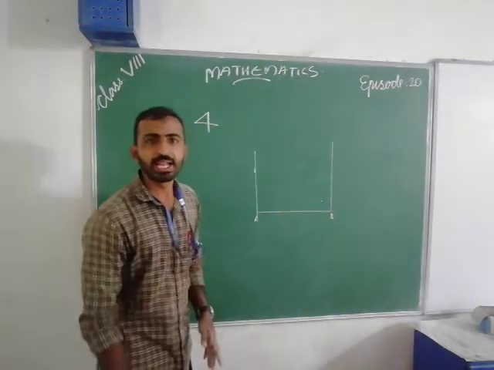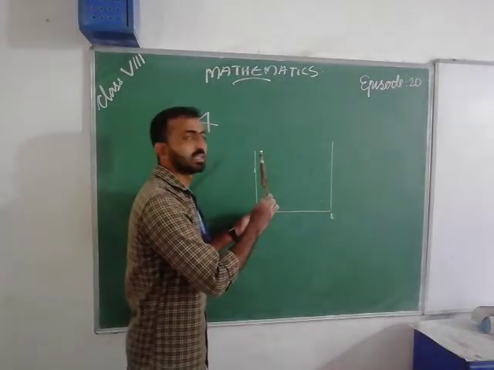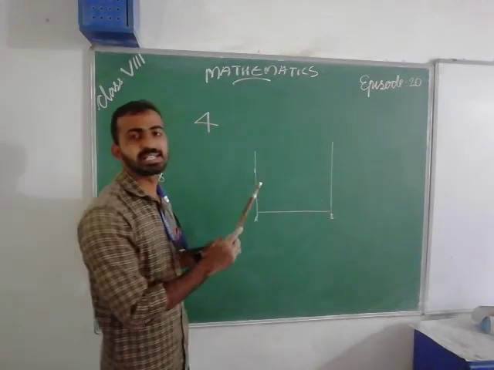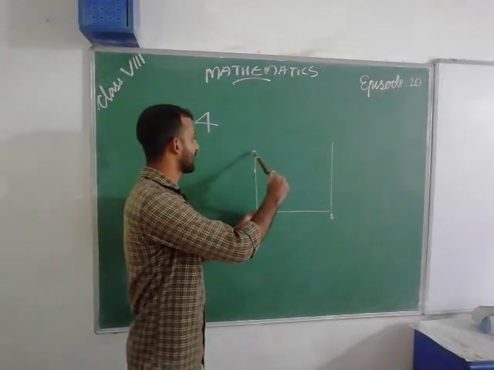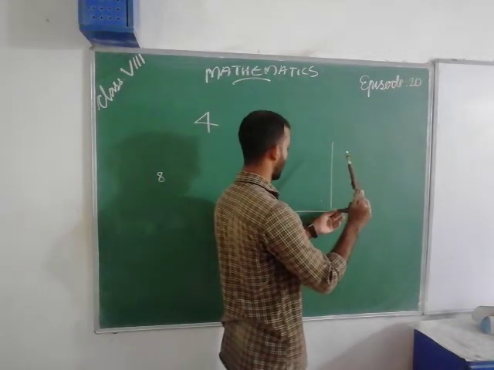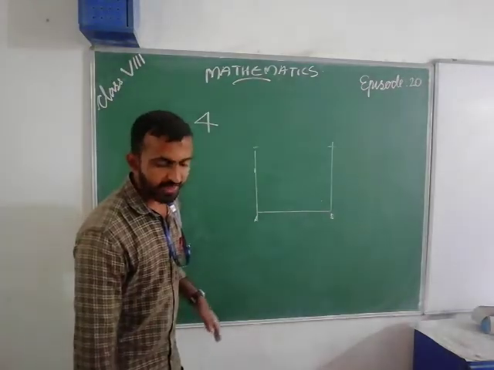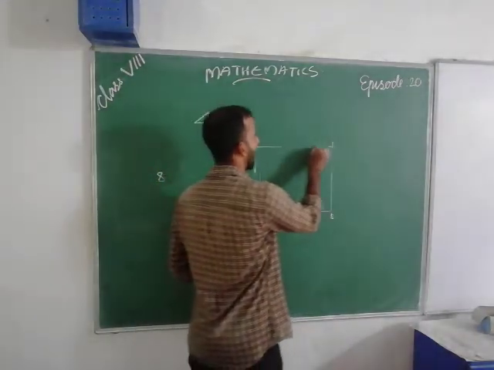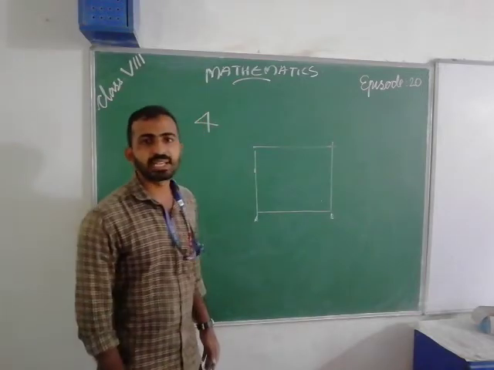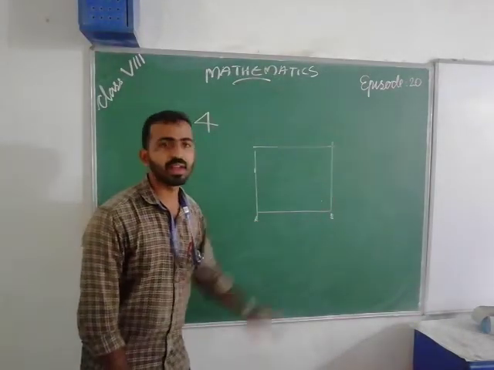And we take the compass, then we mark 8 centimeter, one arc here, another arc here. Then join the arcs, we get a square with 8 centimeter, and these angles are